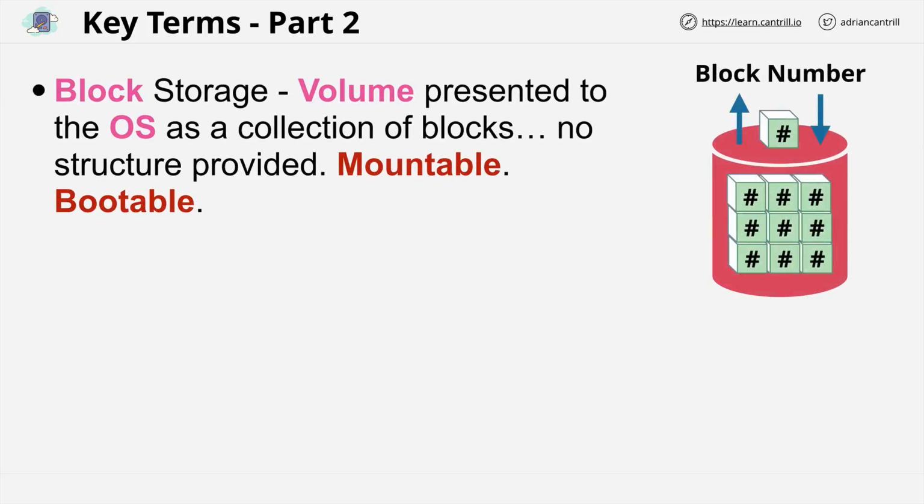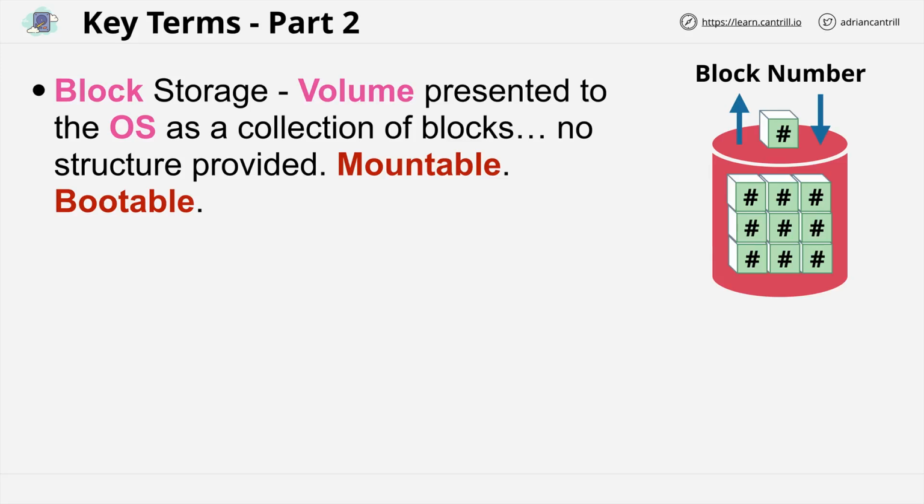With block storage you create a volume, for example inside EBS, and the red object on the right is a volume of block storage. And a volume of block storage has a number of addressable blocks, the cubes with the hash symbol. It could be a small number of blocks or a huge number, that depends on the size of the volume, but there's no structure beyond that. Block storage is just a collection of addressable blocks presented either logically as a volume or as a blank physical